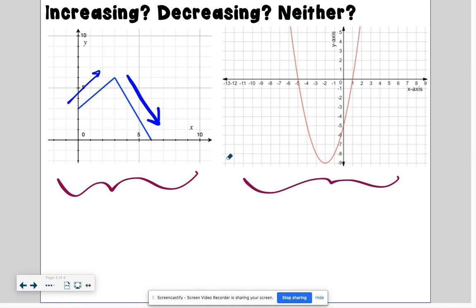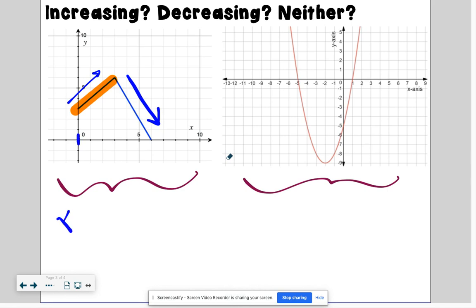Okay, so we have to look at how we can describe that. So with this graph specifically, we can see that for this little interval, let me see if I can highlight it maybe. We can see that for this little interval, the graph is increasing. So you're going to see in iReady that it's going to describe it in terms of x values. There's a bunch of ways to describe how things increase or decrease, but this one specifically is increasing